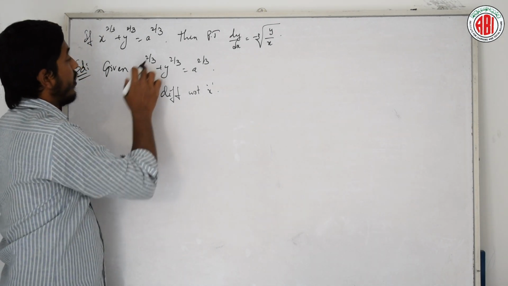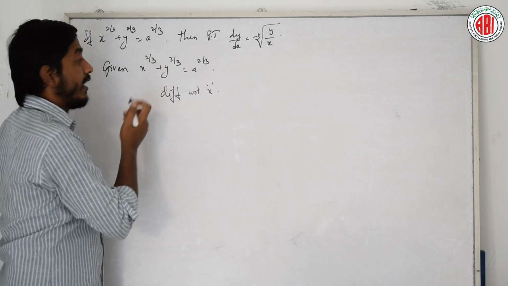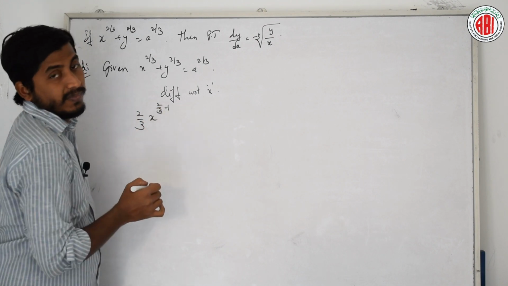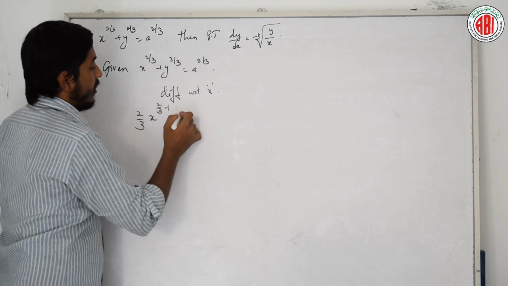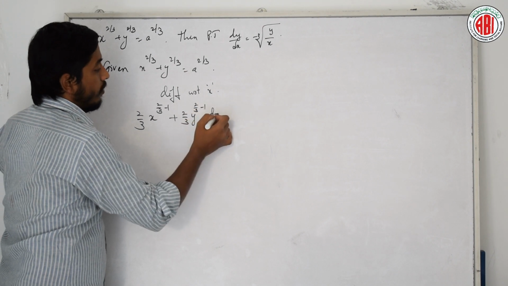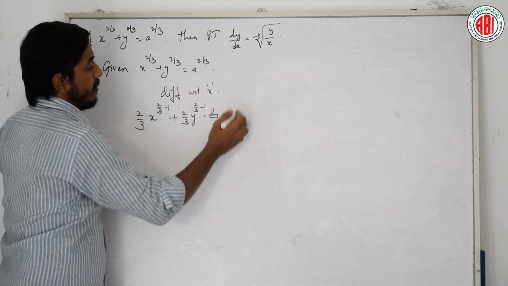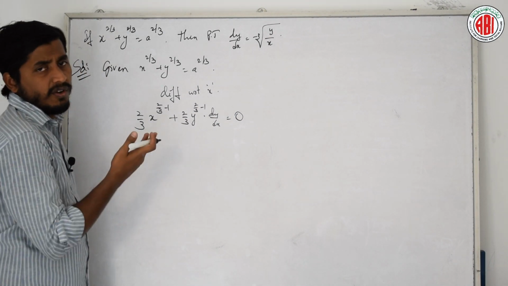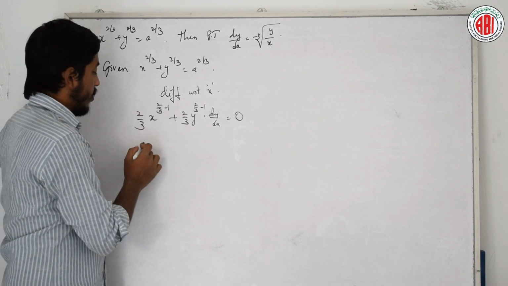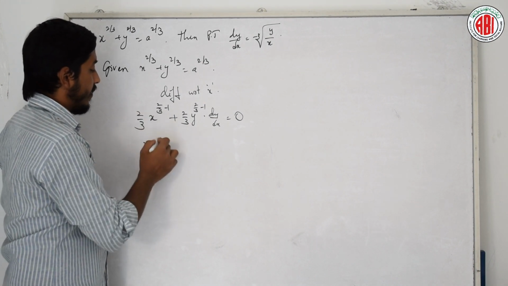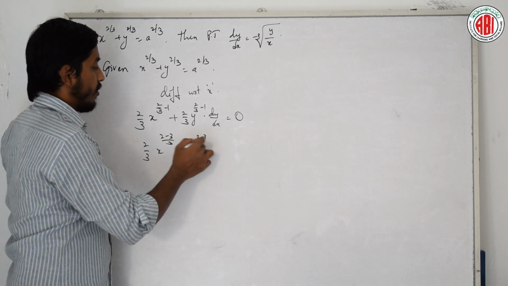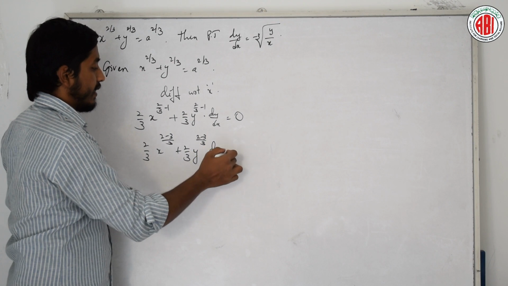Okay, therefore x power n formula, what it will be? n into x power n minus 1. Okay, here y power 2 by 3, n into y power n minus 1 into dy by dx. However, differentiation of a power 2 by 3 is 0. Why? Since it is a constant, the differentiation itself is 0. Okay, now see here, 2 by 3 x power 2 minus 3 by 3 plus 2 by 3 y power 2 minus 3 by 3 dy by dx.